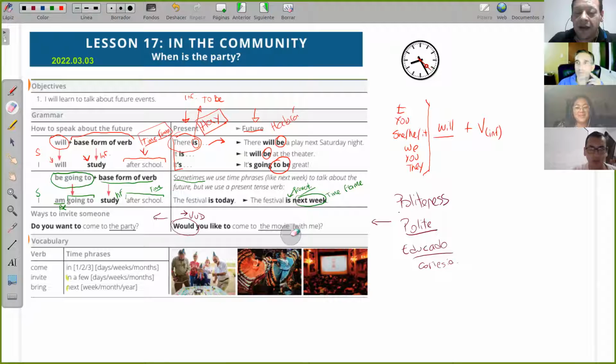Okay. So the difference is politeness. Would you like to? And if you pay attention, this is how I ask you, for example, to read something. When I say, would you like to read this example? I'm doing this. Would you like to? Most of the time when you want to ask for something, you use this way. It's the polite way. If we want to add more politeness to it, we will say, would you please? Would you please do this or